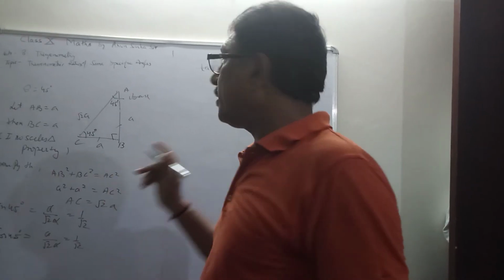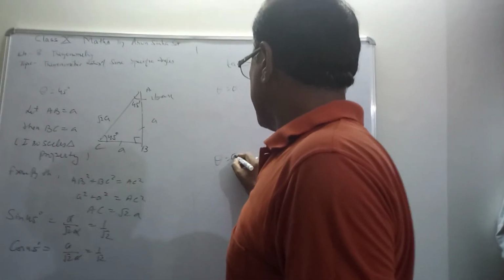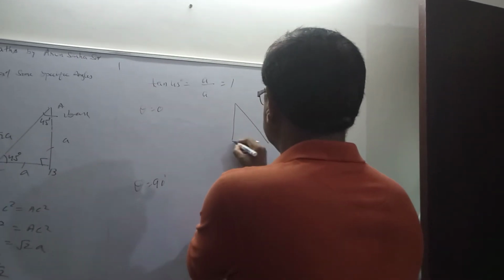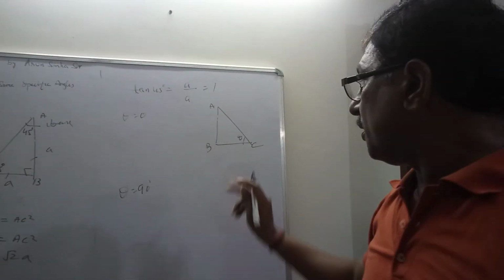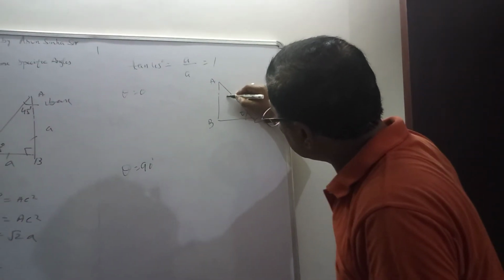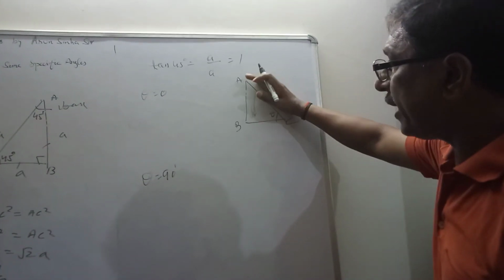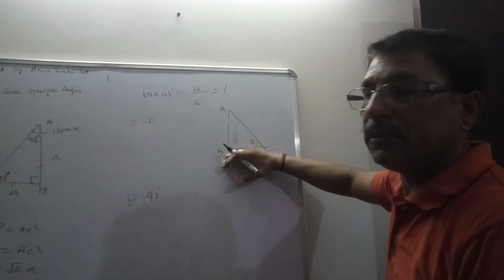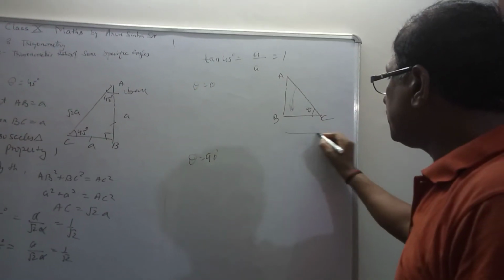Now the two difficult parts are theta is equal to 0 degree and theta is equal to 90 degree. So what is its meaning? Try to understand. Let this be a triangle A, B and C. Let this angle be theta. So what will happen? If theta is 0, 0 means what? This side is just moving, inclined to this one. So this angle becomes small and small and small. So this AC will overlap on this BC. So in the limiting case, when this angle becomes 0, it will convert to this one.